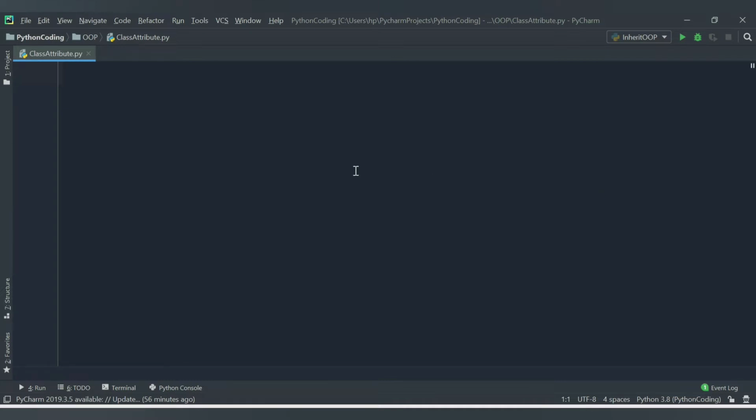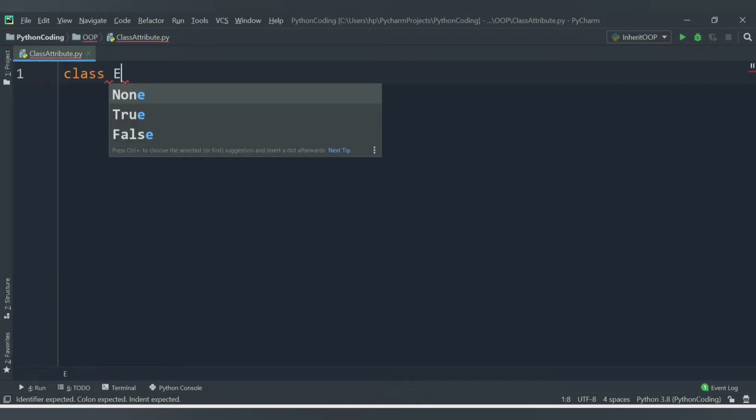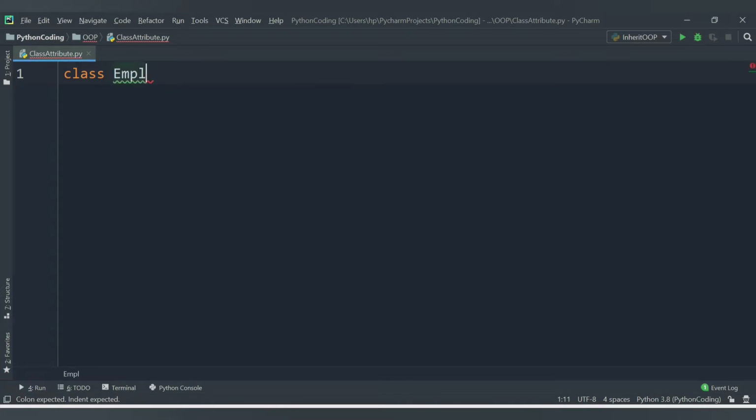So let's create one class. We know how to create a class with the help of the class keyword and then the name of the class. Let's say Employee is the name of the class here. So once we have class Employee,